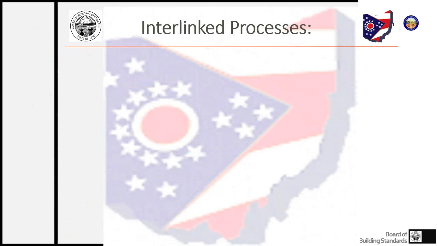All right, so I'm going to go back to my interlinked process. We now have all this 102. We have the interlinked processes. Blank sheet though. So an owner, this purple line represents the timeline that an owner has when he's got this idea. He wants to build a building and occupy it for his business, his commerce. And what does he need to think about? It's kind of a blank slate right now for a new building.